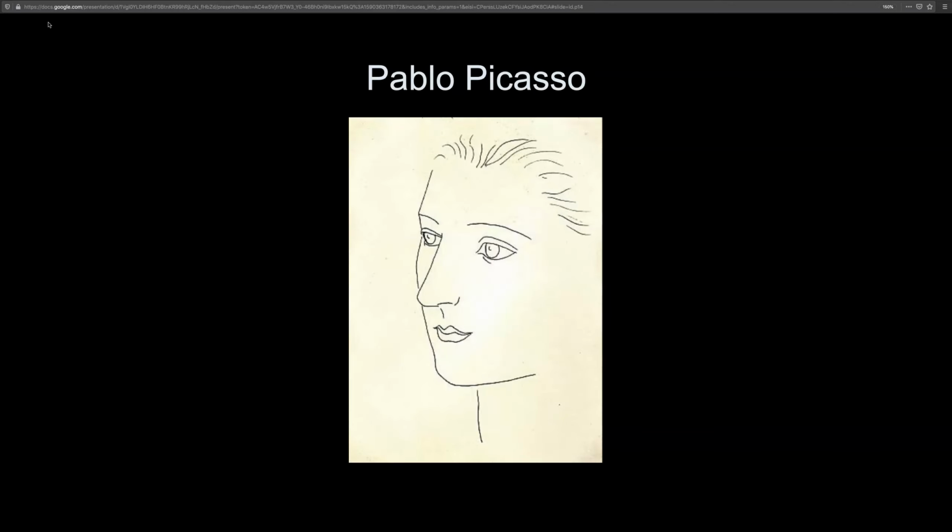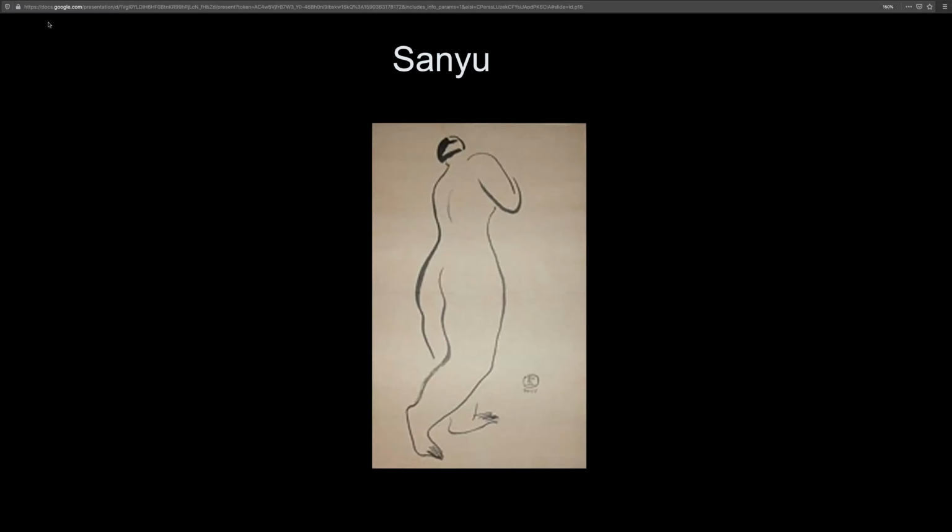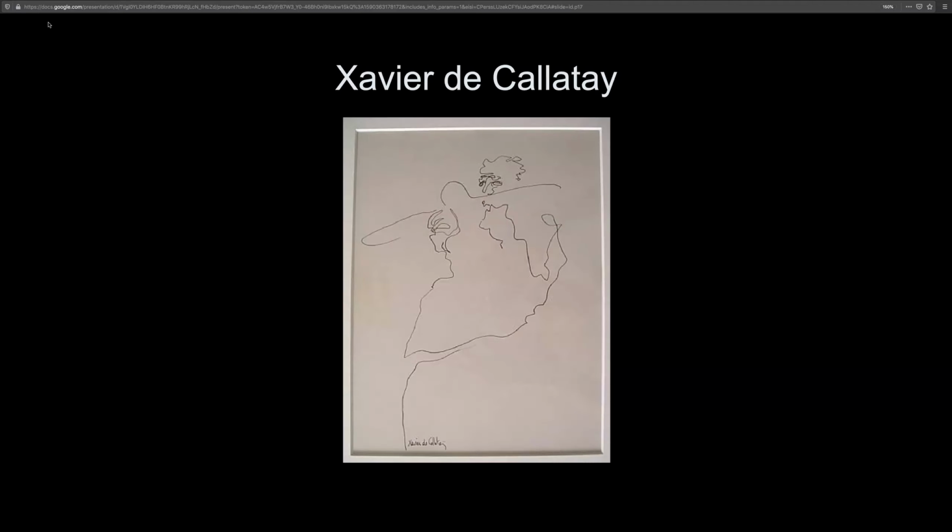Picasso, again, really beautiful line quality and not overcomplicating everything. It's a beautiful ink drawing by a Japanese artist. Beautiful. Xavier de Calate. Beautiful lines. Continuous.